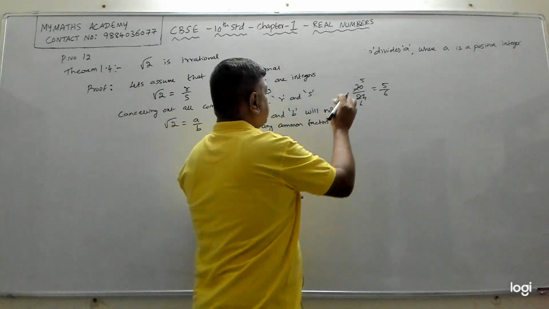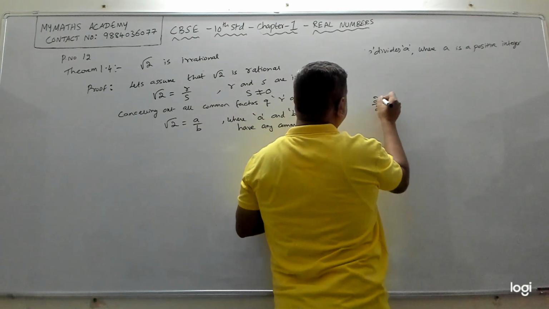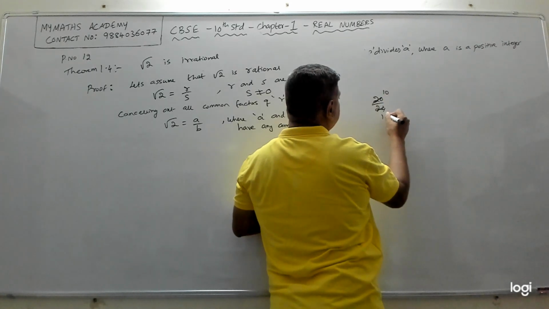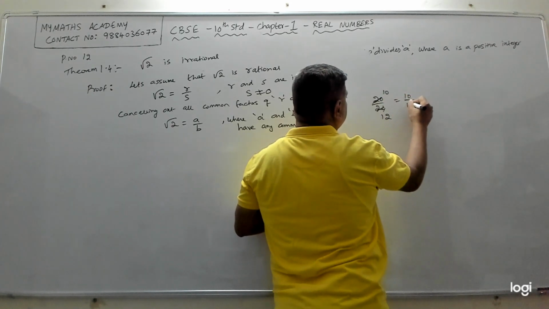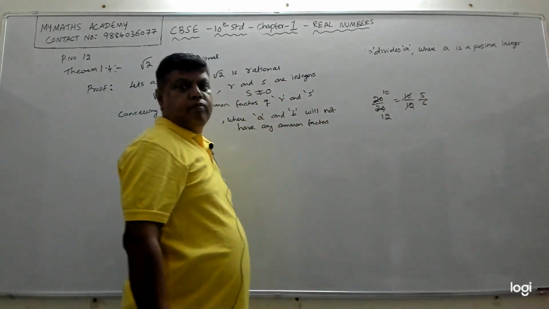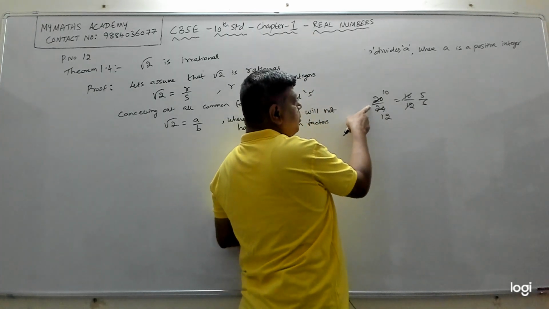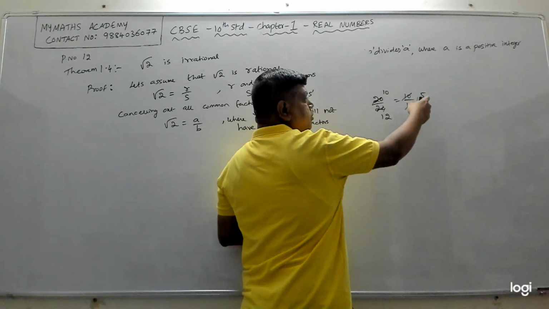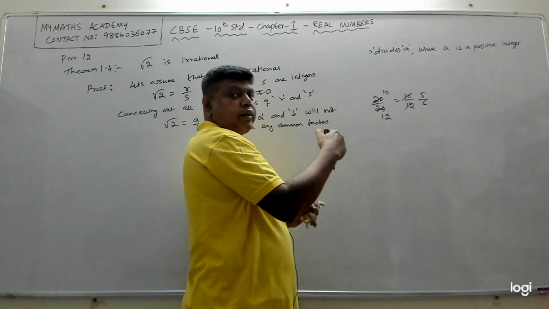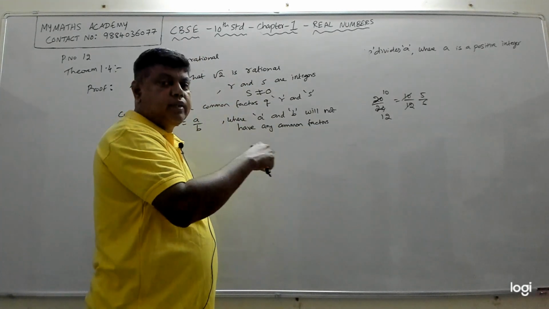Suppose it is like this, again I'm taking the same number. If it is 20 by 24, I am cancelling by 2. 2 tens are, 2 12s are, so it will become 10 by 12. Again I am cancelling, 5 by 6. So again I can't cancel any further. So this is my R by S. I have made it as A by B, which means there are no common factors between 5 and 6. Common factors means there is no number that will divide both 5 and 6.